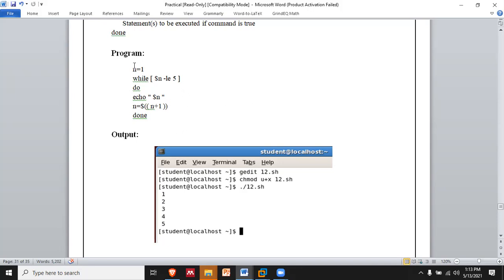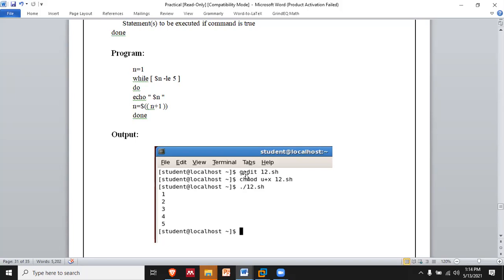You can simply write this code in your shell script, as I've told you earlier how to write a shell script. Over here the student has used gedit, which is also an editor. You can go with this also, if it is installed; then type the command gedit, then the name of the file .sh.